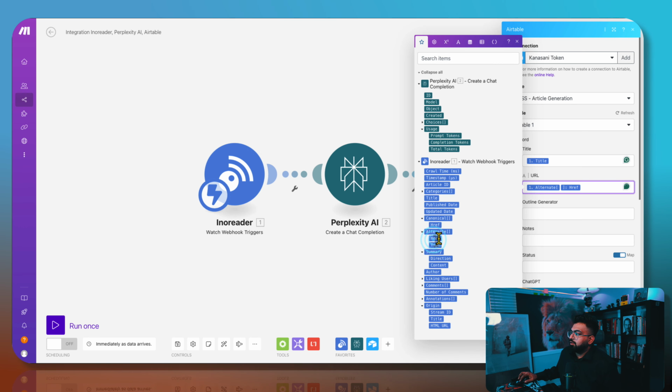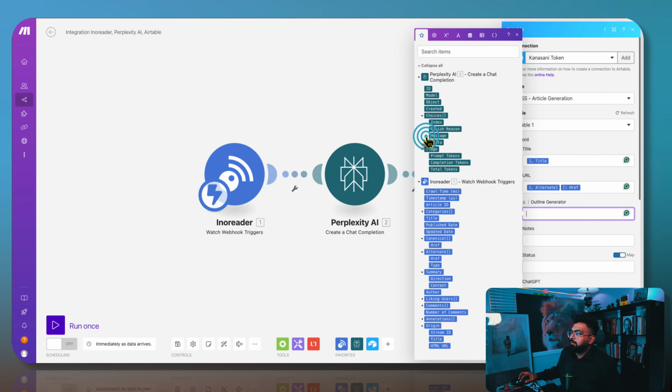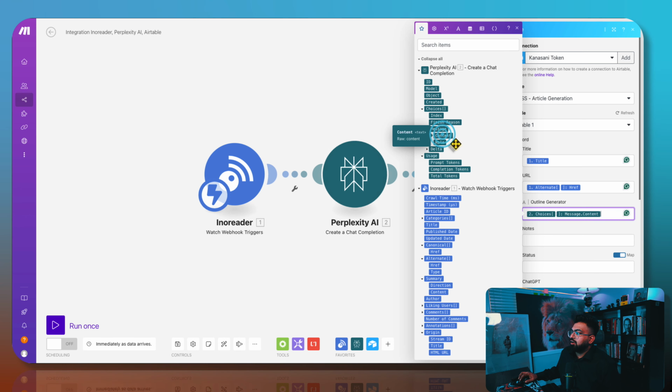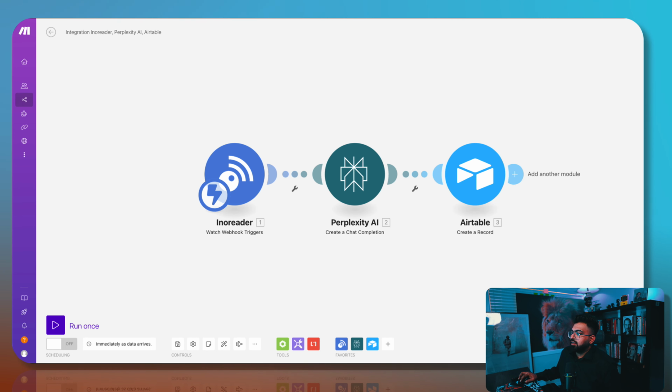So we are also capturing the URL, although we are not using it. Choices, message, content. Okay, we have the title, we have the URL and the outline generator, and done. So we save it,